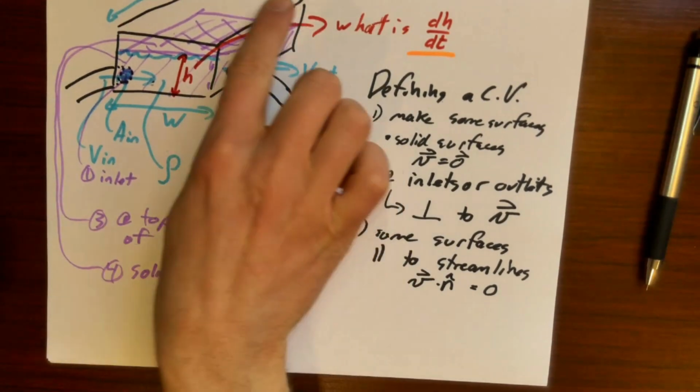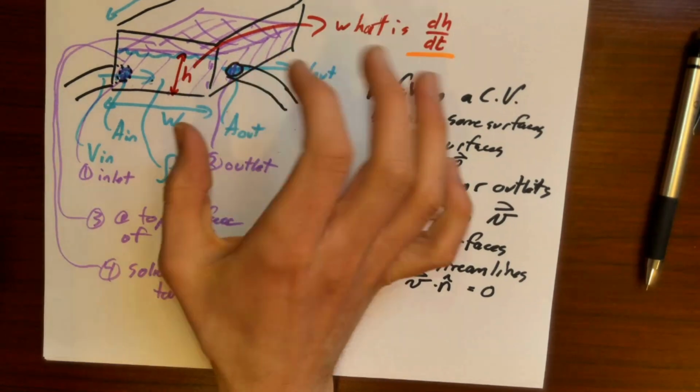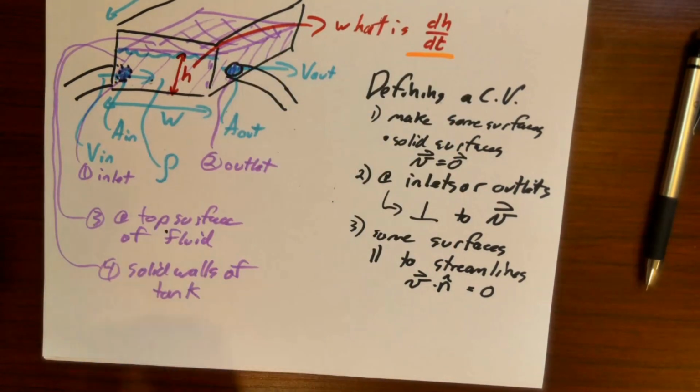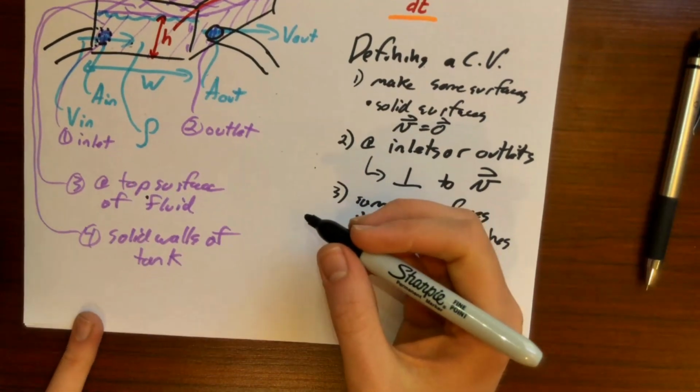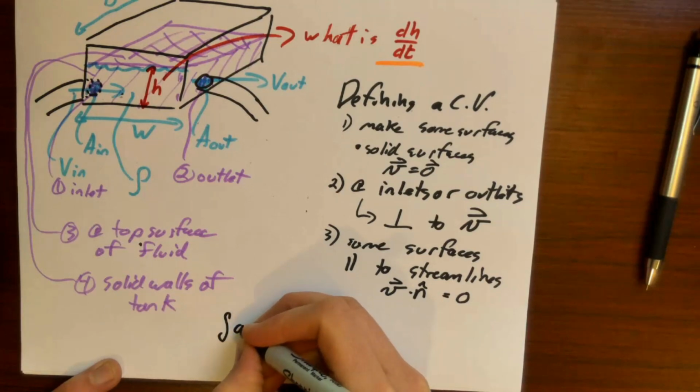So our control volume needs to be totally enclosed, but we can sort of break it up in a way that will make our lives easier. And what's the point of breaking up a surface? Well, if I have an integral of, let's say, a plus b,